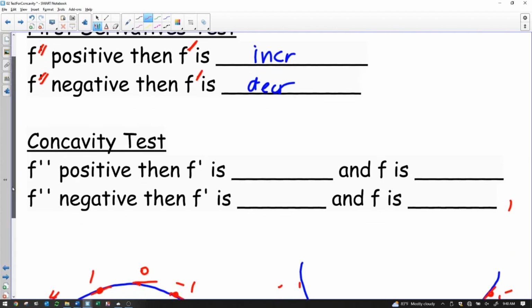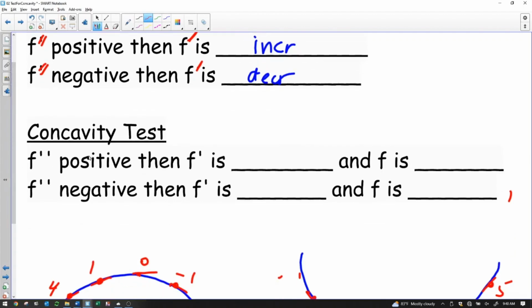Look at the concavity test. The concavity test is when f double prime is positive, then f prime is increasing. When f double prime is negative, then f prime is decreasing. It is just using that same father-son relationship in the first derivatives test for another test. This is called the concavity test. The concavity test has one other thing, and that is it tells us that f is concave up,